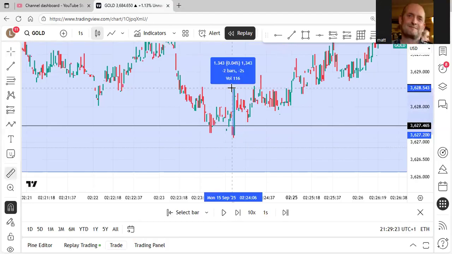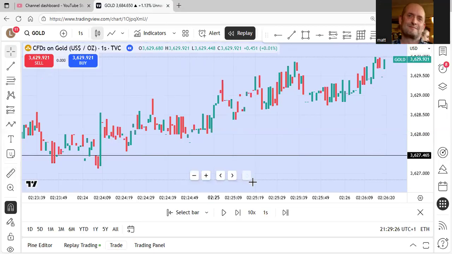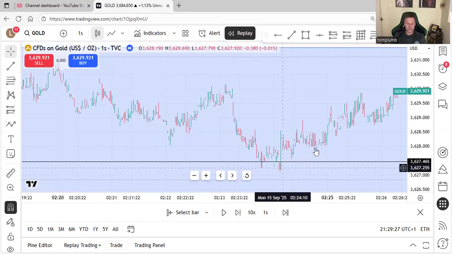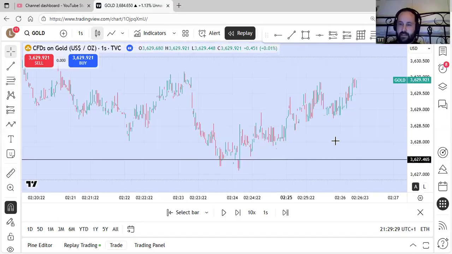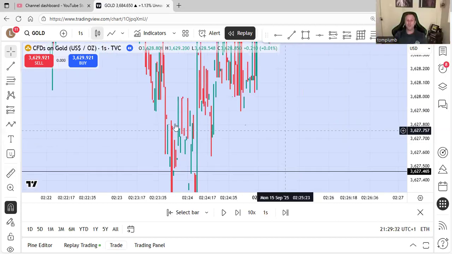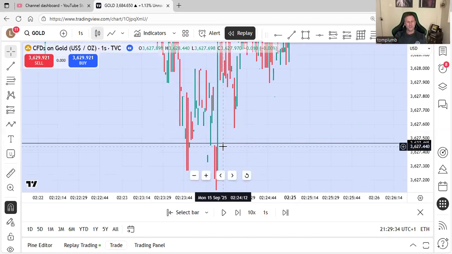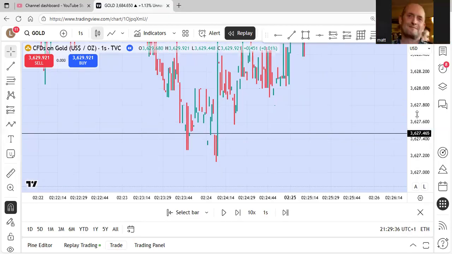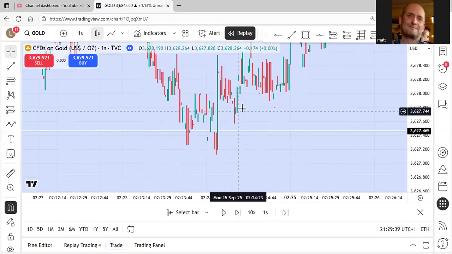I think his entry was on the next one, slightly just to the right there. Yeah, that's what I mean. So his entry was there, and that's why I put it in the supply chat. I thought, what would make you choose that particular candle over that big imbalance below?